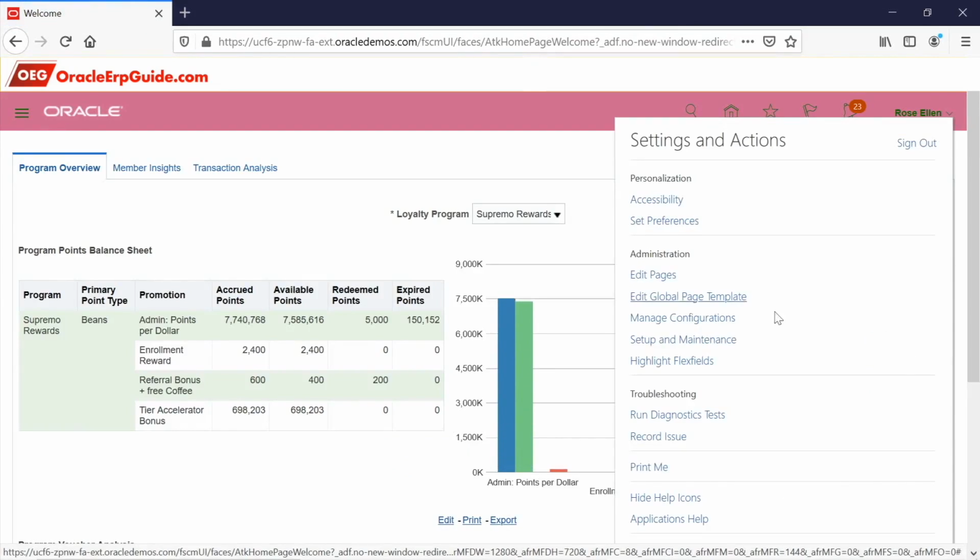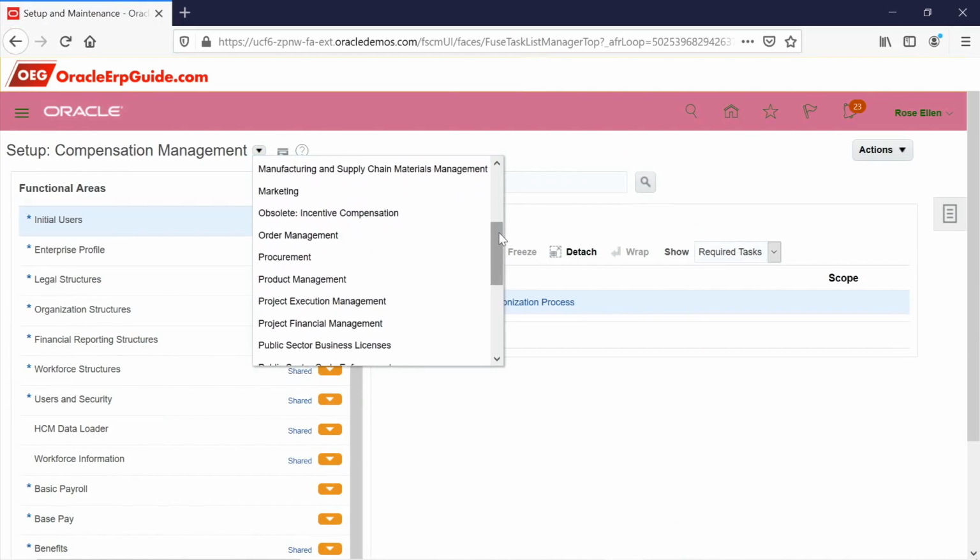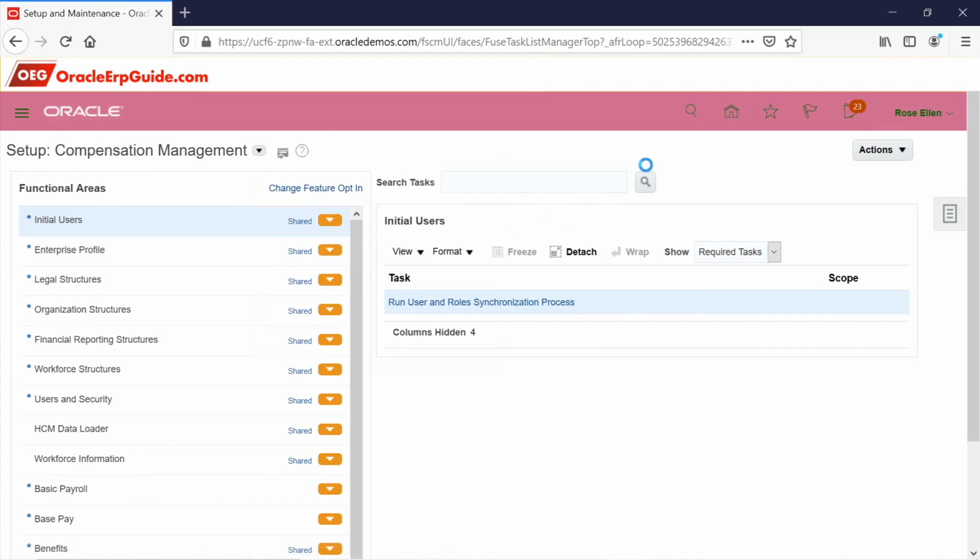Let's log into the Oracle Fusion instance. Once you are logged in, navigate to Setup and Maintenance, and we are going to do this under procurement, because if you do it under procurement it will also be available in inventory. Under setup, change the module; we are going to do it under procurement.